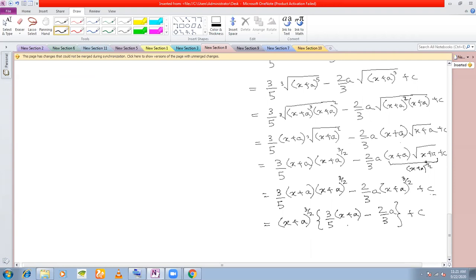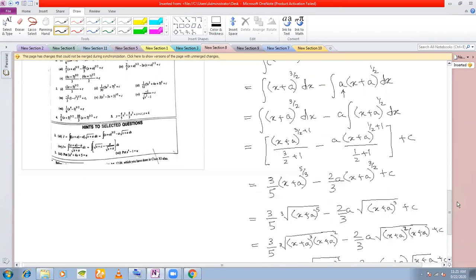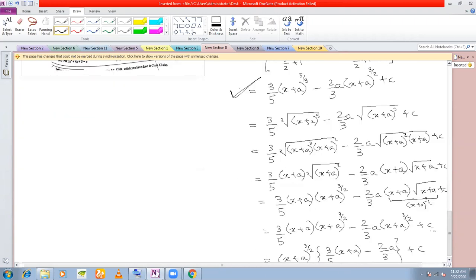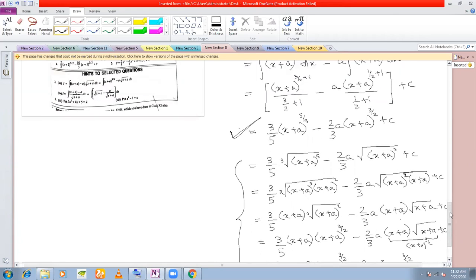Yes, sir. See, I am simplifying all this because later on you will need to simplify certain expressions in this manner. Otherwise, you can leave your answer here only. In this step, if you leave your answer here, you will get full marks. But I did all this just to show you the simplification because later on in certain sums you will require these simplifications. Okay.